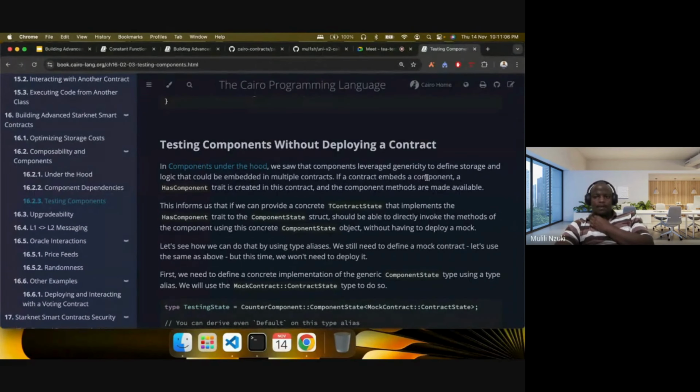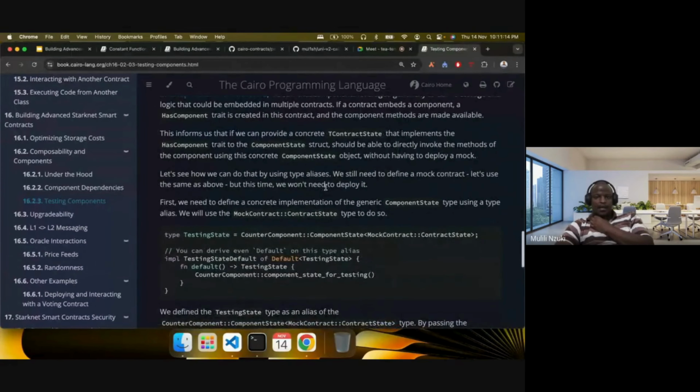If a contract embeds a component, a HasComponent trait is created in this contract, and the component methods are made available. We saw that through the use of the interfaces and the embeddable impl block. And then this informs us that if you provide a concrete contract state that implements that trait to the component state struct,